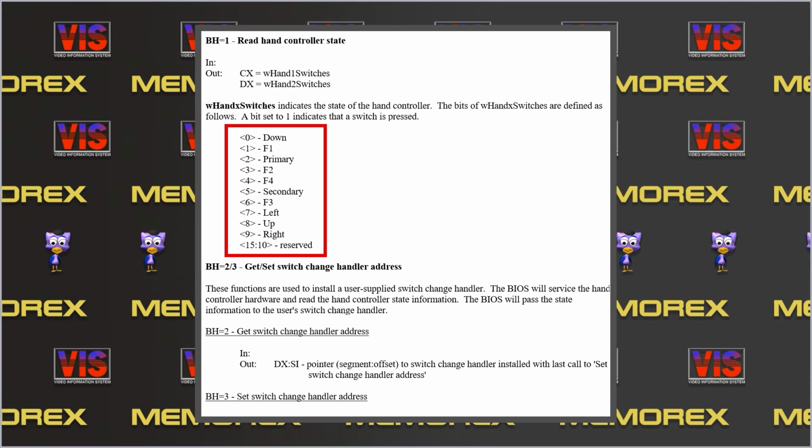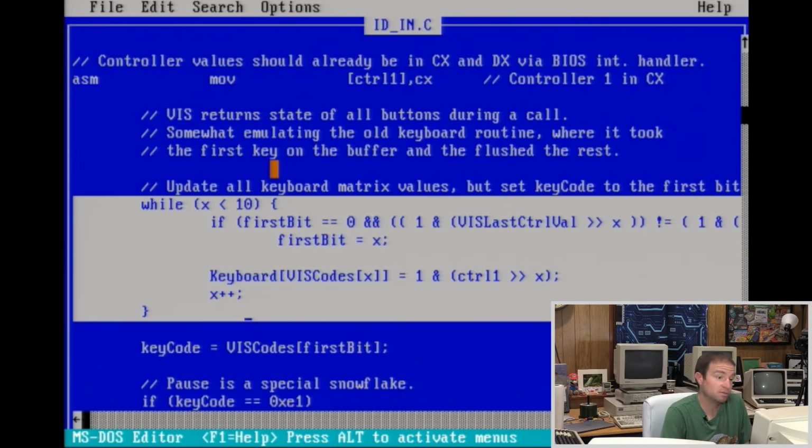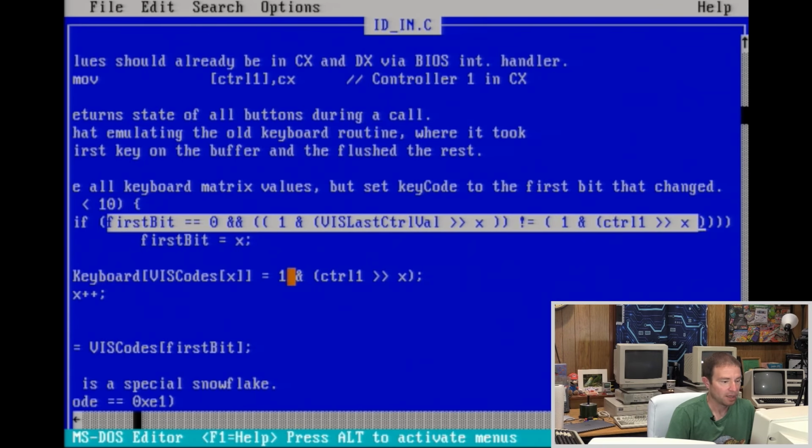So why waste the time rolling through bits that don't matter, aka bits 10 through 15, when you don't need to? So we're just going to go through the ones that we know are implemented. That's 0 through 10. Ostensibly, the remaining bits would have been used on future versions of these controllers had they ever existed. I go through and I do a little bit of looking to make sure that the value hasn't